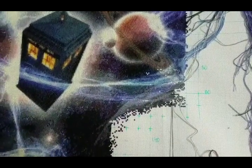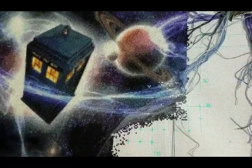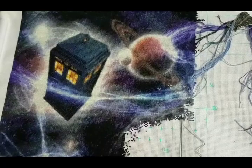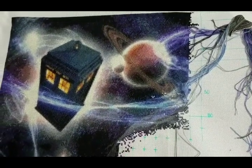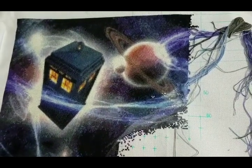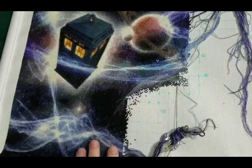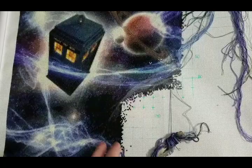I listened to some books on CD for my reading challenge. It was interesting. I might have never pulled out those books to read or listen if not for the challenge. So it kind of broadened my entrance into some of the story types. So that's what I did, and it took me a little bit longer than a regular type of stitching, because